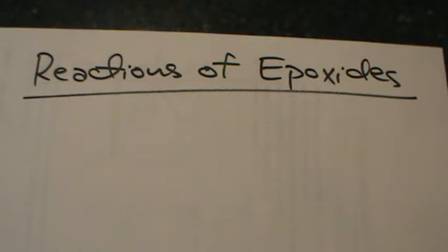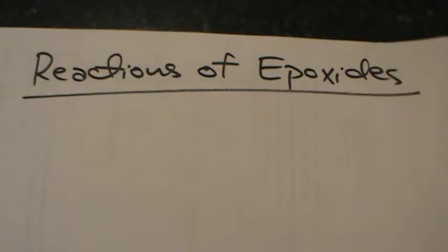Okay, we're going to finish up our discussions of reactions of alkenes and alkynes by looking at several that we mentioned we would cover in class today. They include the reactions of epoxides. We'll start there, and then we'll go on to discuss the ozonolysis reaction,